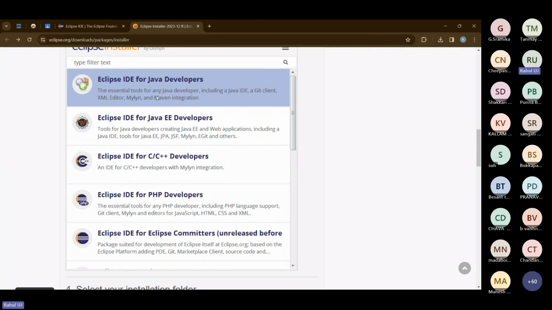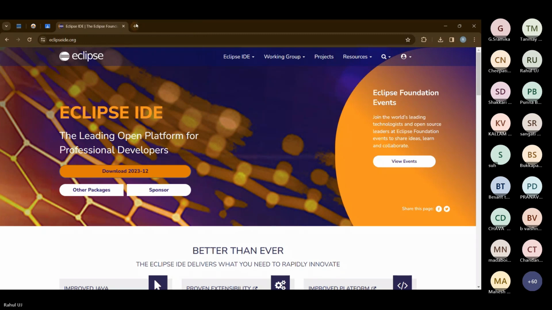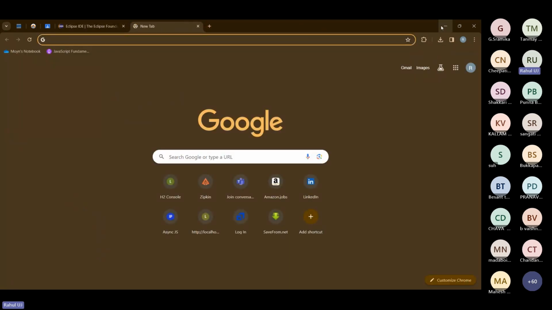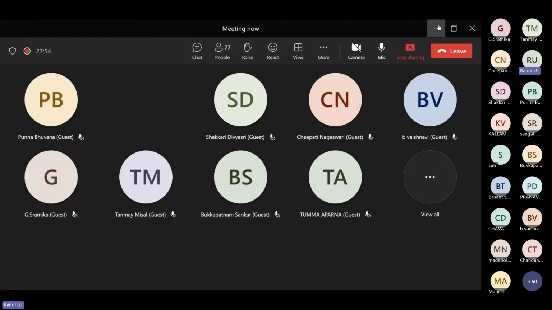It is fine if you select the first one, but it is recommended to go with the second one. I'll also share a YouTube video to help you with installation. Is that fine?